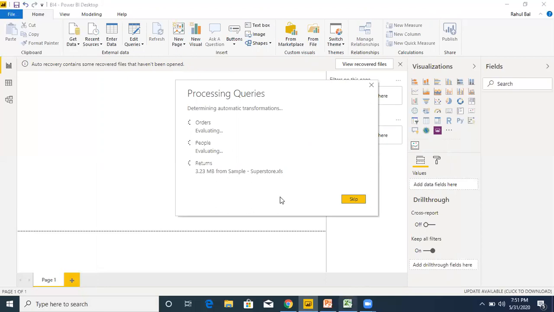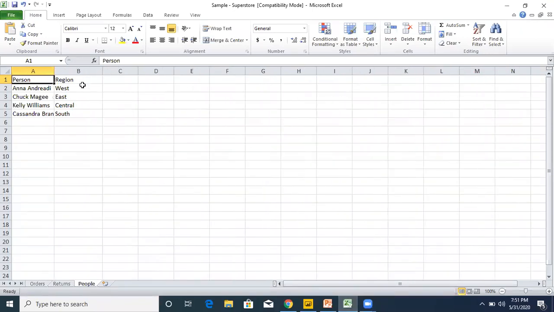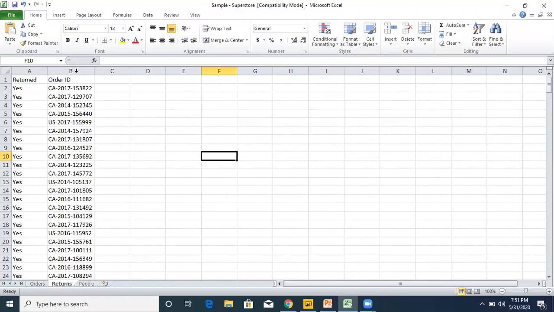Once the data is loaded, you have to make suitable changes in the data. So here, as I discussed, some columns are common columns like region. So region column is present, the person column is present in orders table also, and in returns, this order ID column is present in orders table.